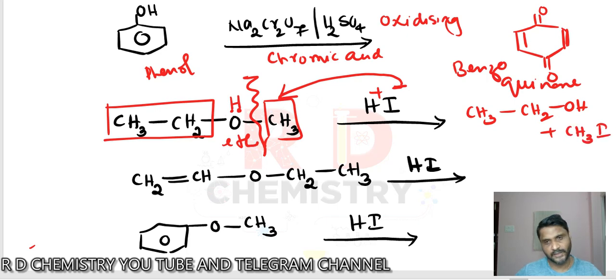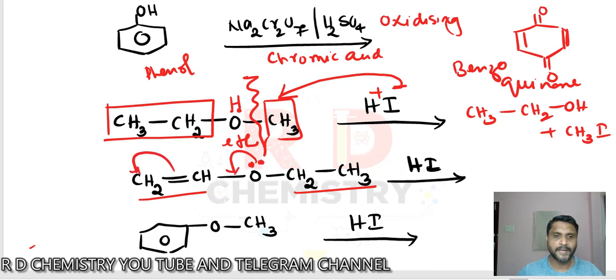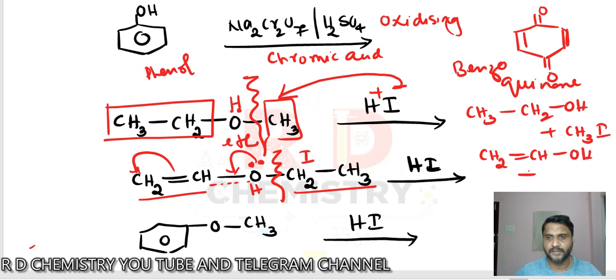Remember this. Okay. Next one we have got here. Both sides, the number of carbon atoms are the same, but on one side a double bond is there. Remember also, the lone pair on the oxygen is involved in the resonance. So we'll get double bond character here, which cannot be broken easily. Therefore, the bond breaks here. So hydrogen you write here, and iodine you write this side. Got it? So we are going to get CH2=CH-OH plus ethyl iodide.